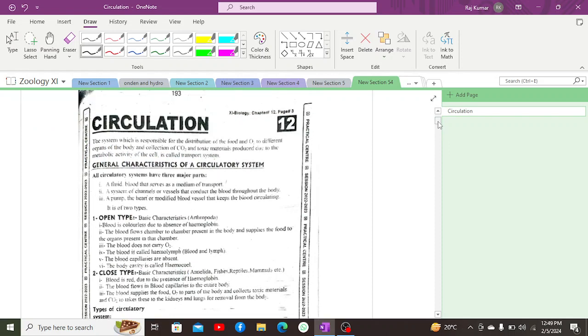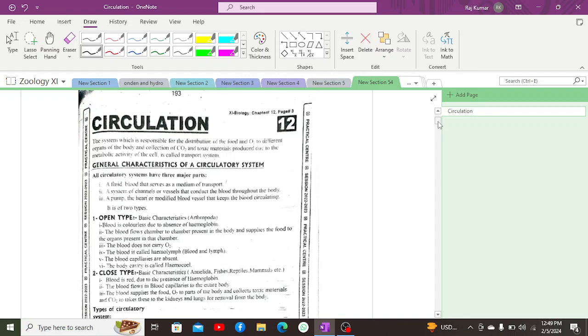Circulation basically is the transport. It is a mechanism in which we transport oxygen and nutrients to different cells of the body, as well as, in return, exchange the waste materials and metabolic waste from the different cells of the body. Now, transport occurring within simple living organisms such as amoeba can be